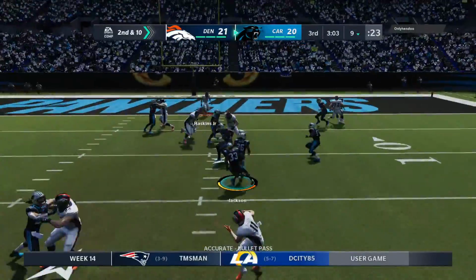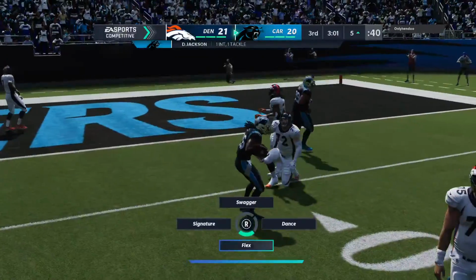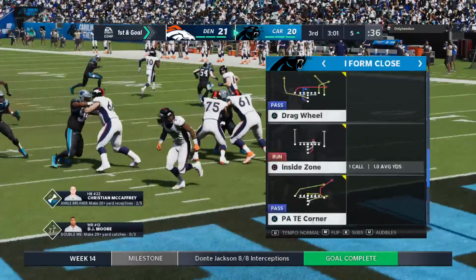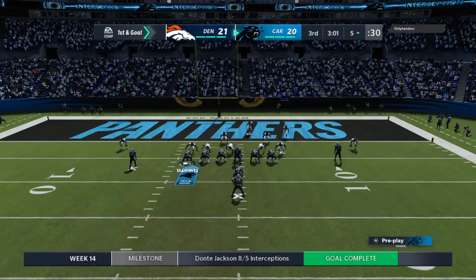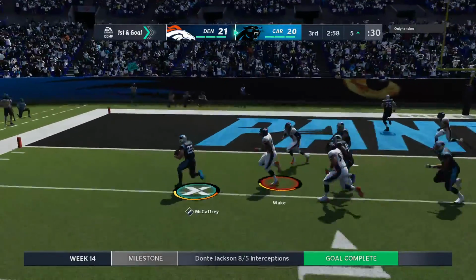And his pass is intercepted for the 4th time today. Dante Jackson picks it, and he'll bring it back to about the 5-yard line. Yet another interception, and I just had to double-check my math. But it is now 8 between last week and this week. Well, I just used the calculator. I didn't worry about double-checking it. But the thing that always throws me when you see...